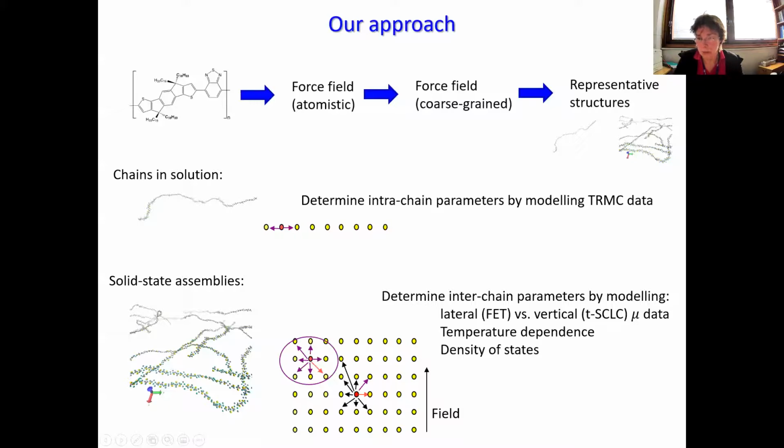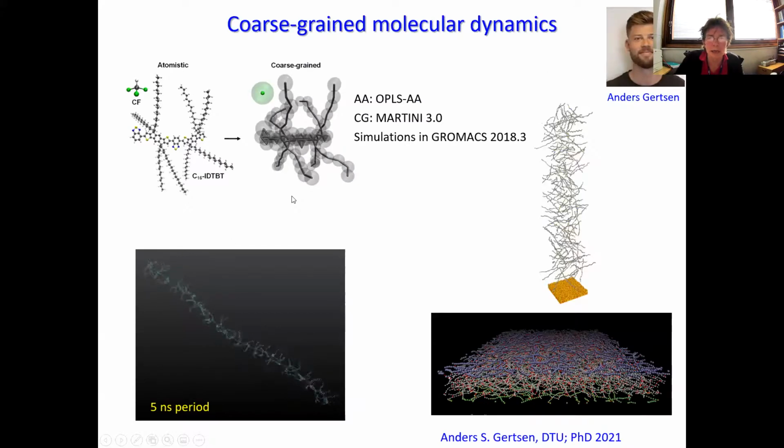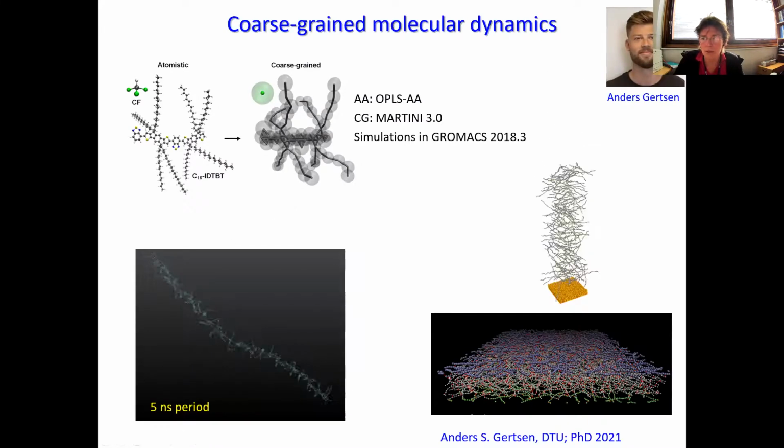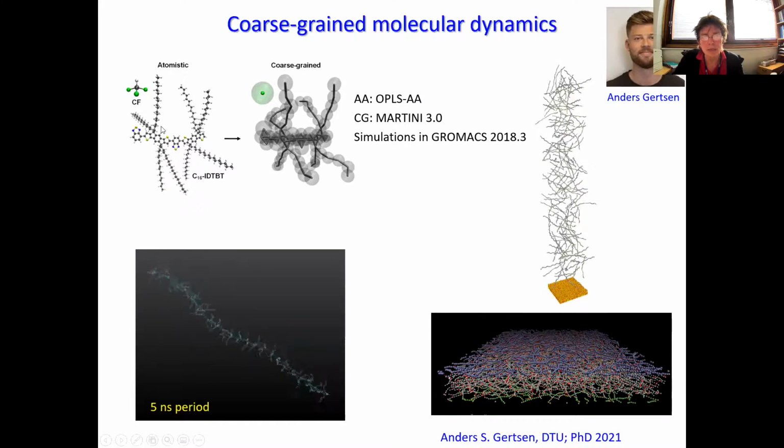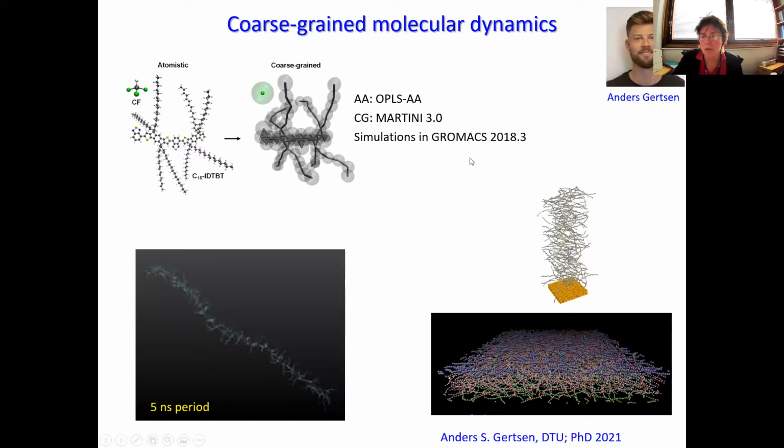And we also built solid-state assemblies in which we can simulate the charge transport, and we can take advantage of the possibility to model transport in the vertical and lateral directions. So the structures were made by coarse-grained molecular dynamics. It was the work of Anders Kertsen, who was a PhD student at DTU in Denmark, and he built an atomistic force field, mapped it onto a coarse-grained force field using the Martini approach, and then carried out simulations both